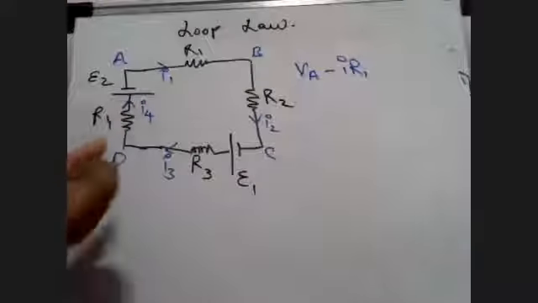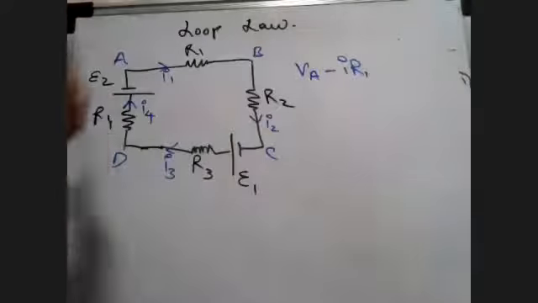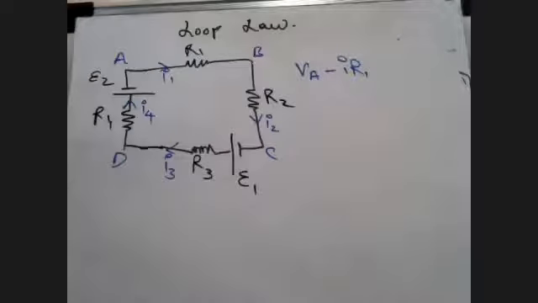Before you start with any circuit, the first point to remember is you have to take the current direction yourself. You can take the direction opposite to what I am taking right now, or you can take it just as I am taking it. Clockwise, anti-clockwise, doesn't matter. All that matters is if you are going in the direction of current, the potential difference across the resistor is going to be negative I times R. And of course, if you are going from positive to negative of the battery, you will take negative potential. If you are going from negative to positive, you will take it as a positive quantity.